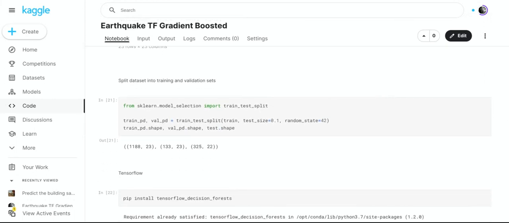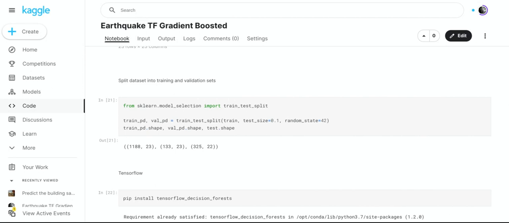So now that we have analyzed the data set, or the train set, what we're going to do is split the train set into training and validation sets. And so we're going to use train_test_split to do that, and we're going to do it a little bit differently. So instead of defining our x and our y variables and splitting it into x and y, we're just going to split the entire data set.